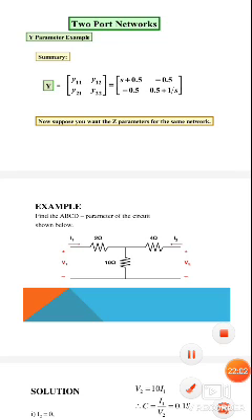How can we get the transmission line parameter values? First we open circuit the output port one time, and the same output port we short circuit another time. First, open circuiting the output port, we can get the A and C values. A and C will be at the input section, B and D at the output section. By short circuiting the output port we can find the B and D values. First we open circuit and second time we short circuit.